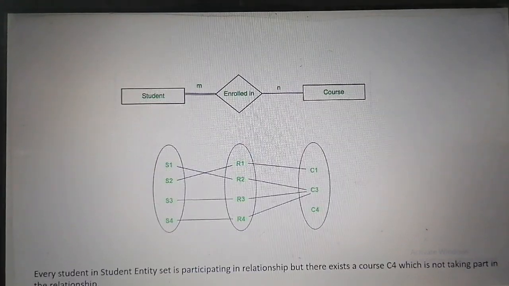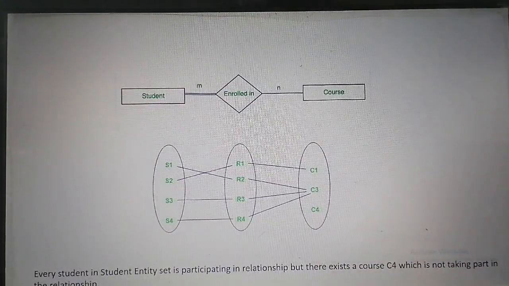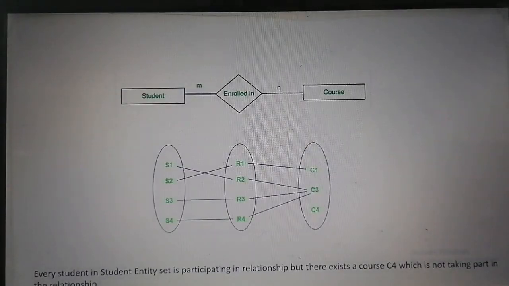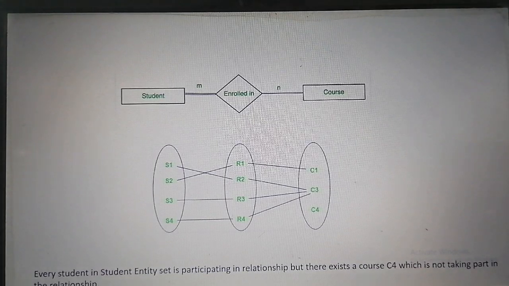Let's see what total participation and partial participation are. As you can see here, we have the student entity set. Every student entity is participating in the relationship. But in the case of course, you can see course C4 is not participating in a relationship. So we can say the student here is participating totally and the course is participating partially.